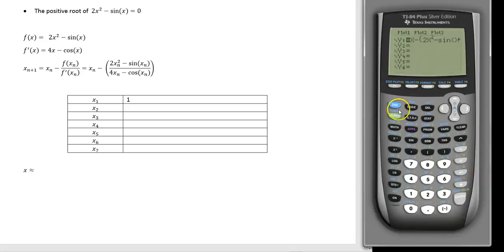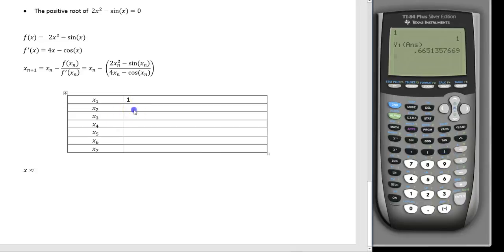Enter. So we exit out to the standard screen. Our initial guess is 1, so we enter that in. Then we go to variables, to the right to y variables, select function, select y1, and we evaluate y1 at second answer. So our x sub 2 in this case is going to be